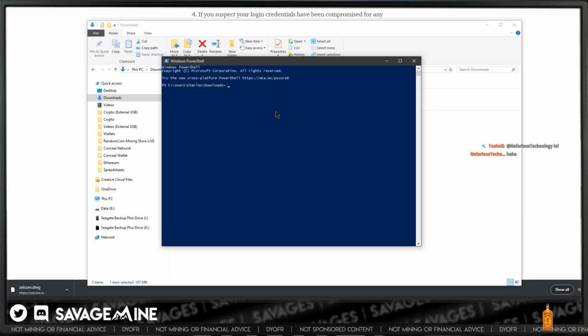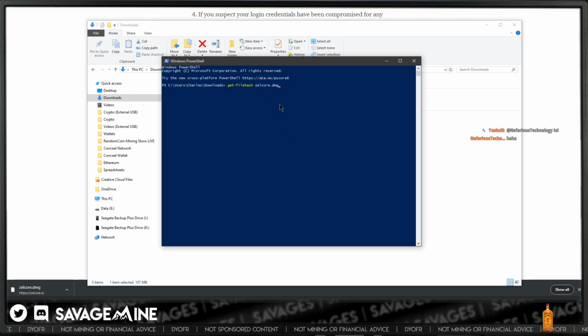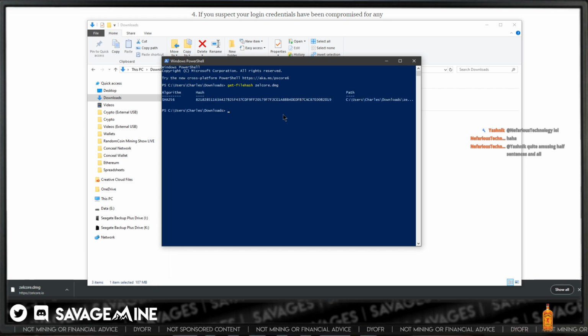And then we're going to type Get-FileHash, and then the file name. All I did was right click right there because I already had it on the clipboard. And then I'm going to press enter. So this is the file hash. Now in the case of PowerShell, I'm going to be able to double click on it and press Control C to actually copy it, right? Copy it to the clipboard.